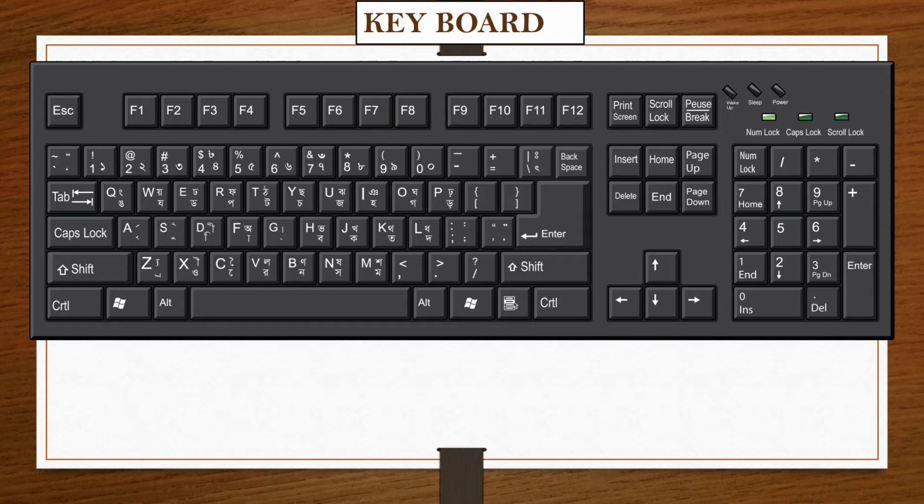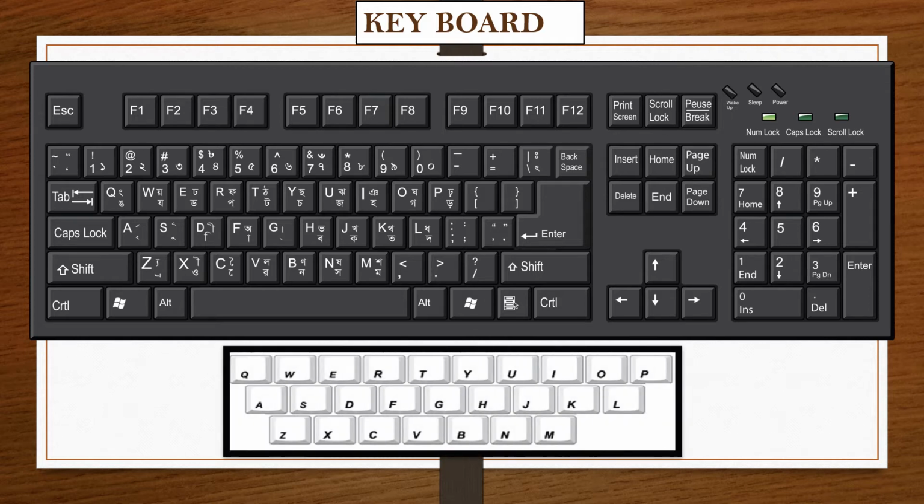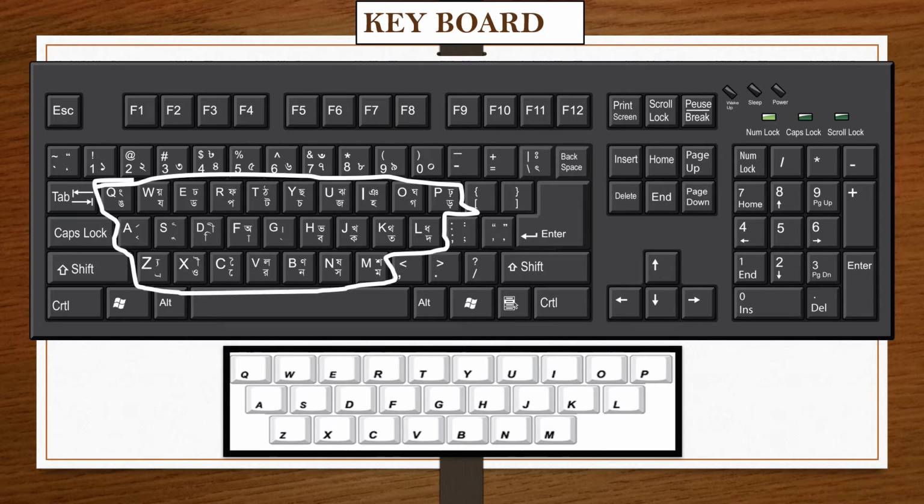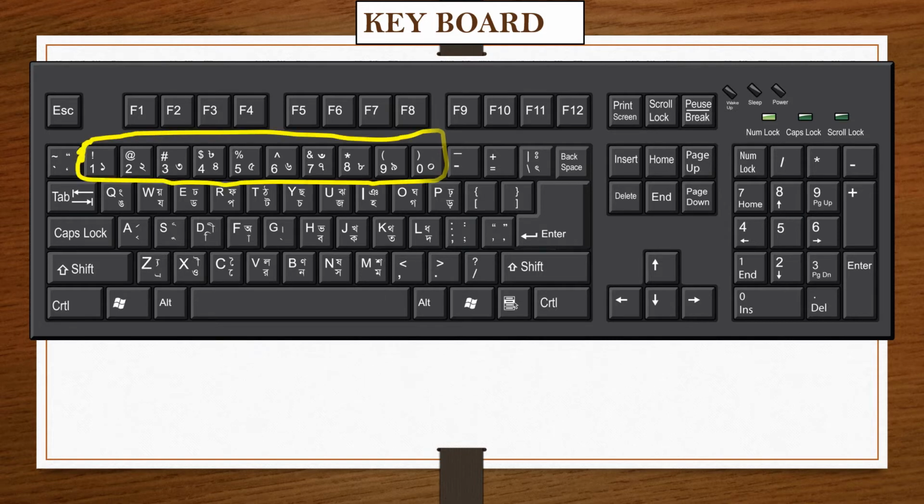First is alphanumeric keys. Alphanumeric keys include letter keys and number keys. There are 26 alphabet keys arranged in a jumbled manner. Also, there are 10 number keys, from 1 to 0, used to type separate numbers. The number keypad has number keys grouped together in a block like a calculator. It helps to enter the numbers quickly.